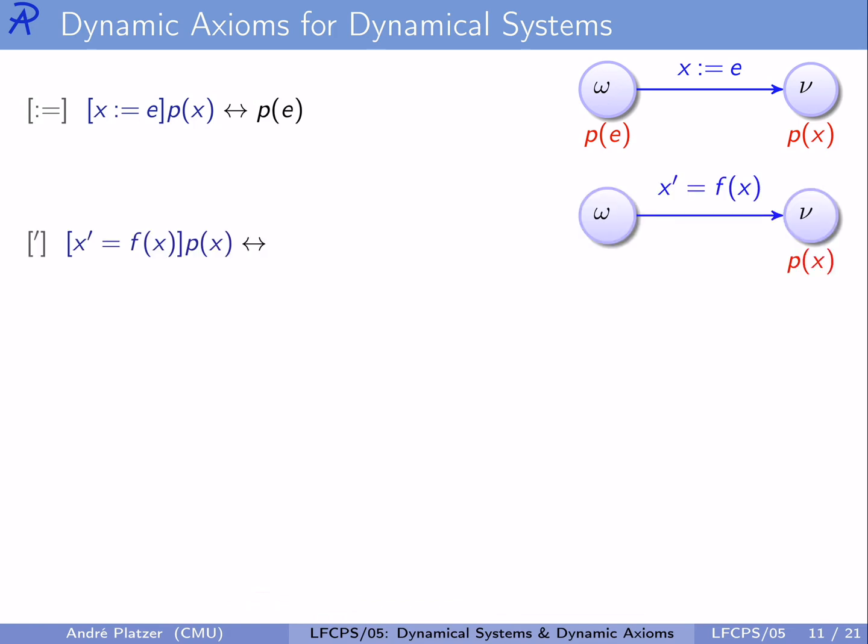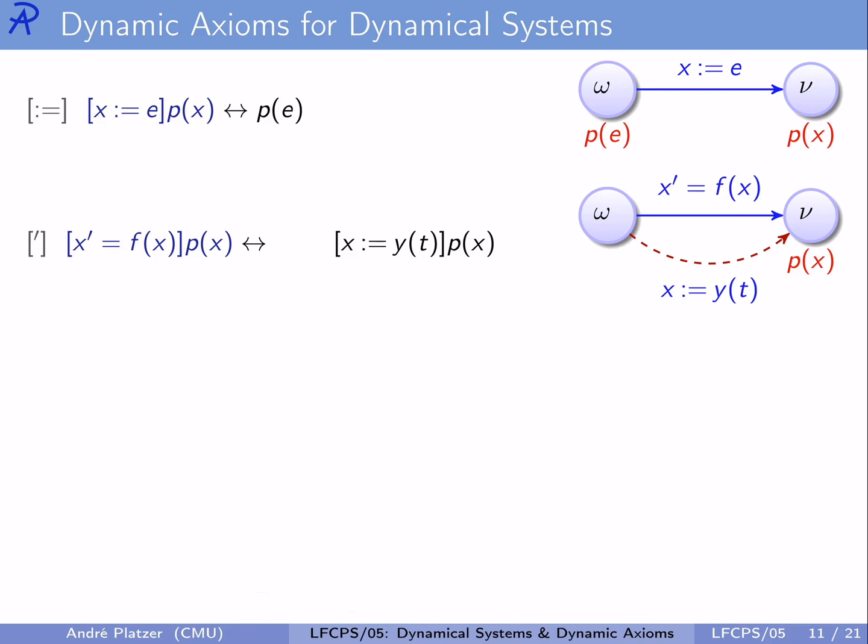What do we do with the differential equation? We would very much like to equivalently rephrase that p of x is true always after following a differential equation in different, easier ways. What are the new states ν that the differential equation could go to in which p of x needs to be true? Well, unfortunately, these could be many, many states because differential equations can be followed for different amounts of time. But if we have a solution of a differential equation, let's call it y of time t, then if we jump over to the new state ν by the discrete assignment that puts into the variable x the value that the solution y has at time t, then p has to be true of x. In other words, this formula and that formula are equivalent, but not quite yet,